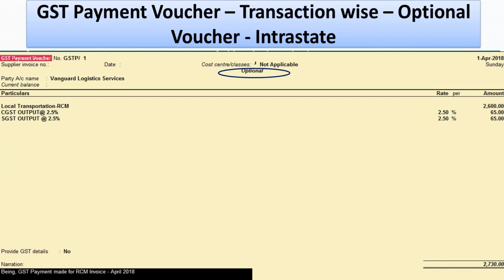Now, as and when we make the reverse charge related transactions, it is important that a GST payment voucher is also created. This is again a requirement by the law. If we look at section 31(3)(g) of the CGST Act, it says that whenever you make a payment to a person from whom you receive reverse charge supplies, you are required to issue a GST payment voucher.